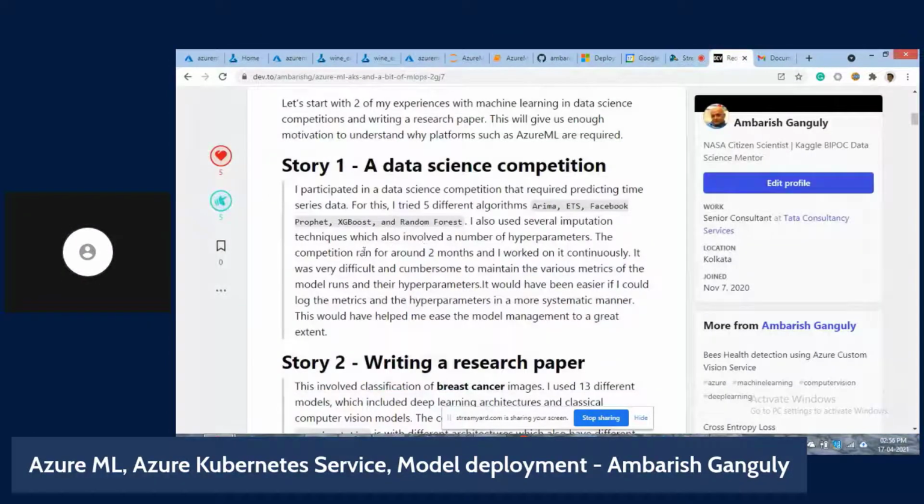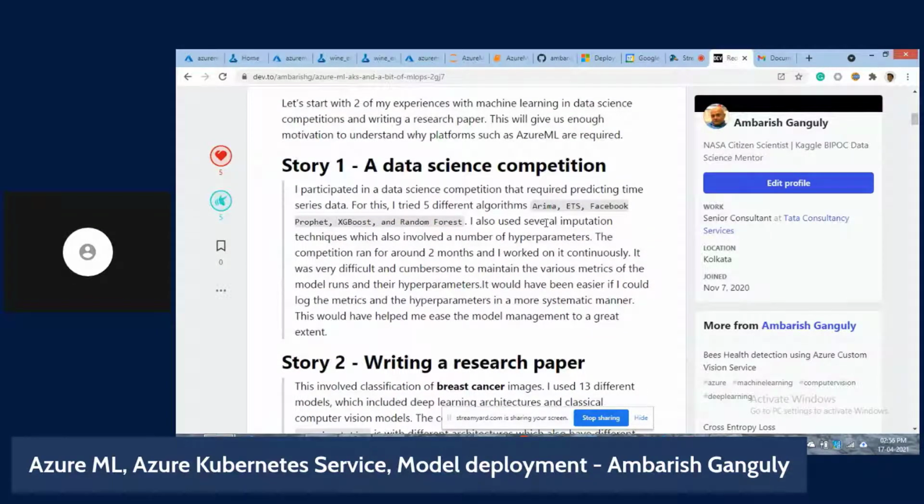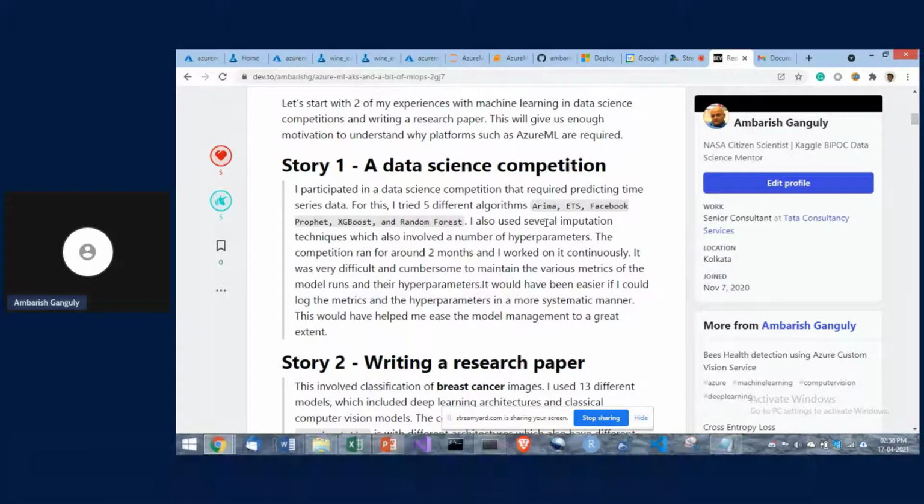First story, yes. As I just said, I participate in a lot of competitions. That NASA Citizen Scientist thing, thanks for mentioning it, was a data science competition. So I'm referring to this data science competition. There I tried different algorithms.